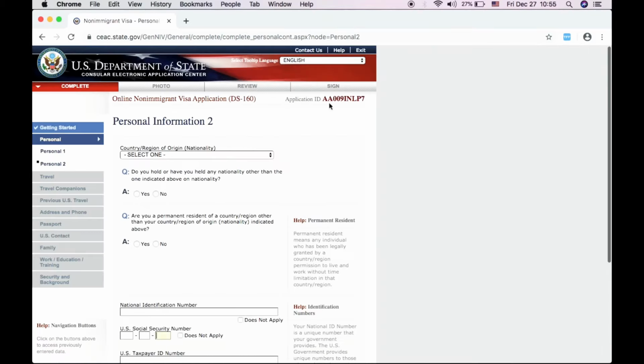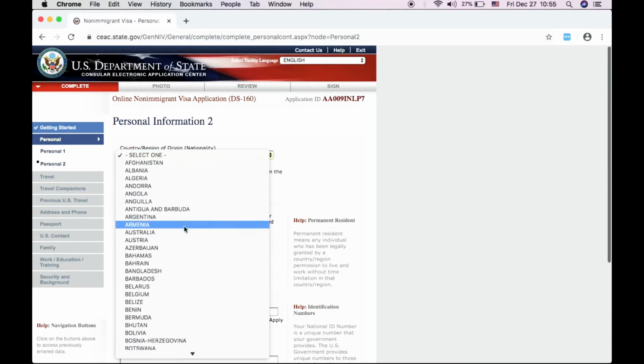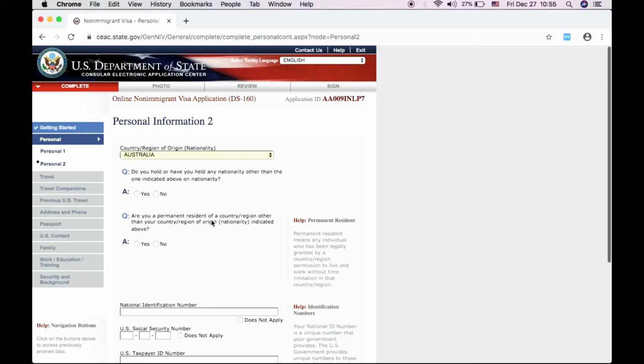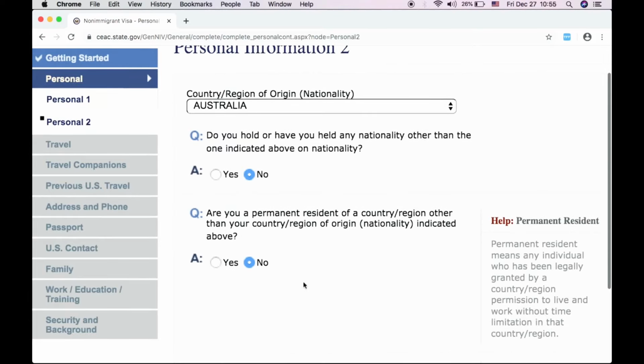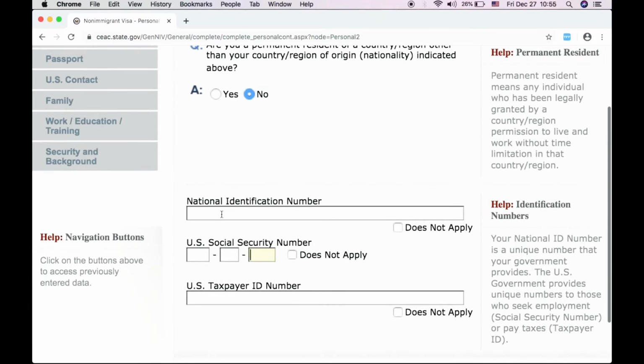And now you'll have to select a country, the nationality that you belong to. Alright, I'm just gonna put Australia just for now. And next, do you hold any other nationality? No. If you hold, please say yes. Alright, and next,